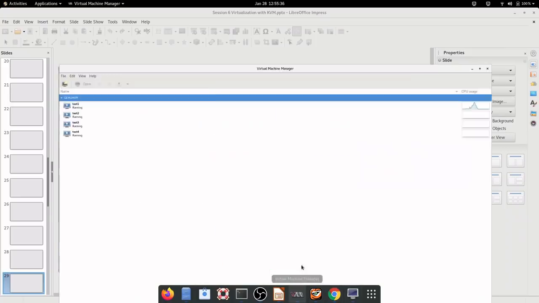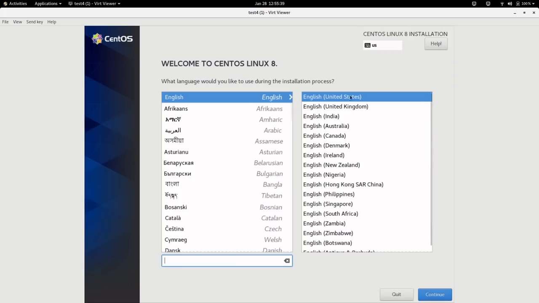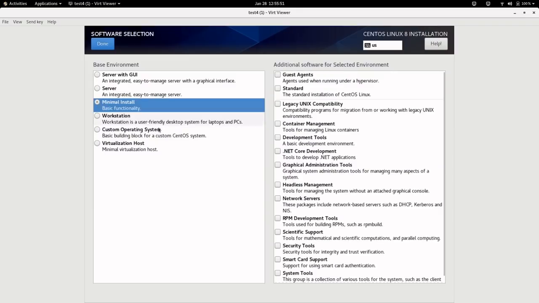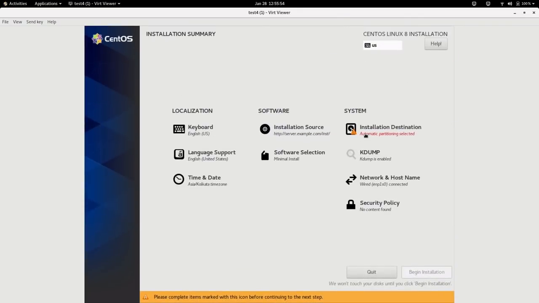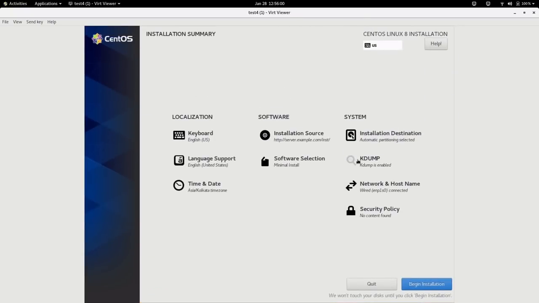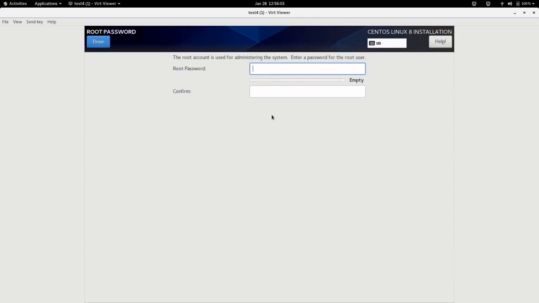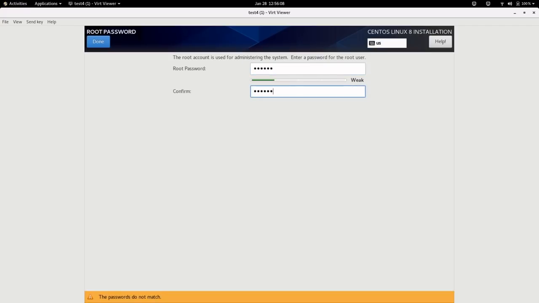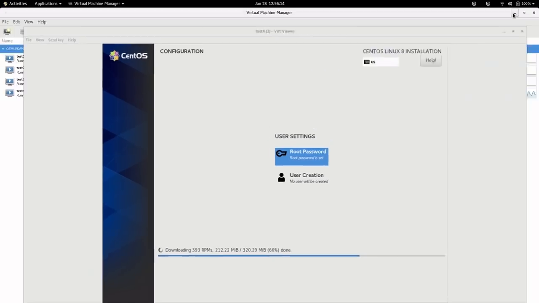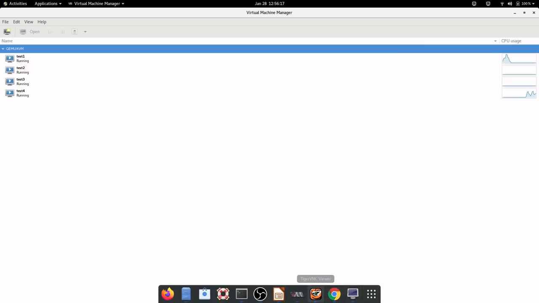First, let's see the status of our virtual machines. This is machine 4, which we started using the command line. Let's start this also. Minimum install. This is the 4th machine, and by this time I believe the other 3 machines might be almost ready. Let's see. Once I finish this installation, let it continue. Let's go to this machine part.